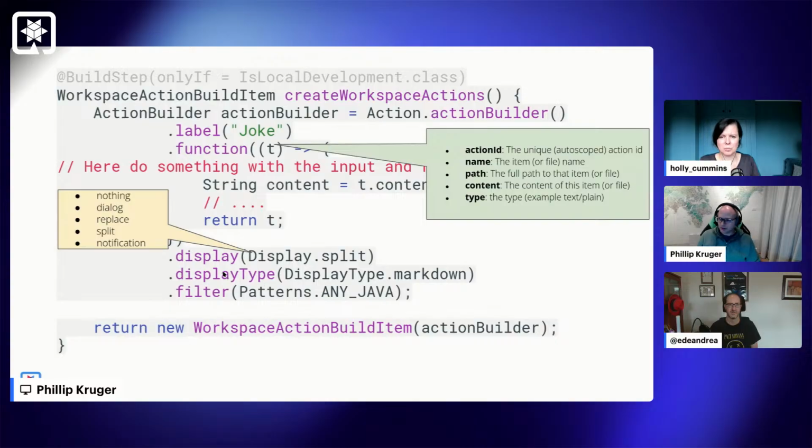You can do nothing, so don't display anything. Then you can show a dialog like I showed, or you can replace the content, or you can do a split screen, or you can do the notification. And then you can also say what is the type of content that you apply. Raw would just be plain text, or if it's code, it will be marked up like you've seen. If it's Markdown, it could be interpreted. If it's HTML, it could be interpreted, or if it's an image, it will show the image. You can also do